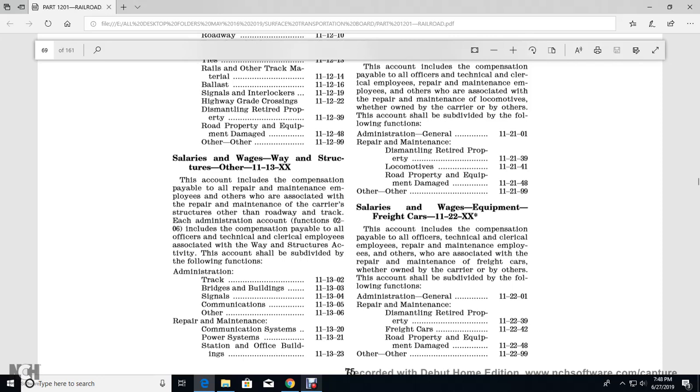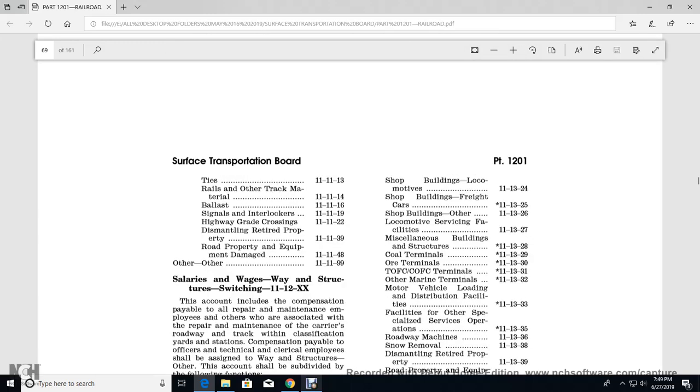This includes the compensation payable to the officers and the technical and clerical employees associated with the wage structure activity. This account is to be subdivided by the following functions: administrative, tracks, bridge, building, signal, communication, other, repair, maintenance, communication system, power system, station, office buildings, shop buildings, locomotive shop building, freight car shop building, other, locomotive service facility,